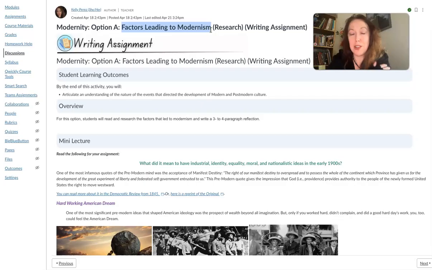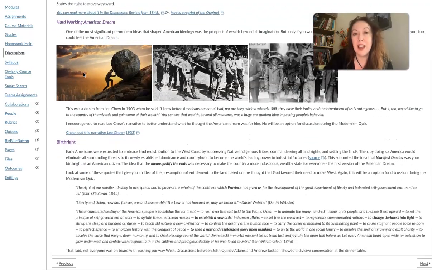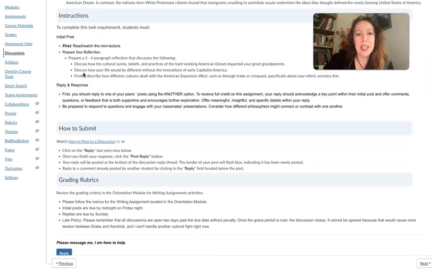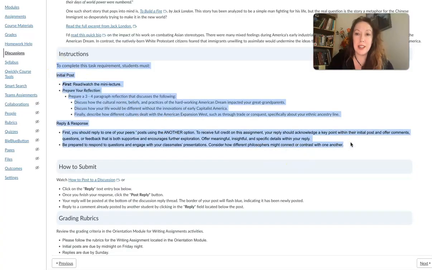I have another slide set that talks about where modernism came from. Modernism is going to be like 1800s forward. So America will start out very colonial, very British, and then as they gain their independence, they start industrializing in the late 1800s. It's going to move towards this new type of America that we're more familiar with today. So you'll see I have a baby lecture for you, and this explains what I was just talking about.